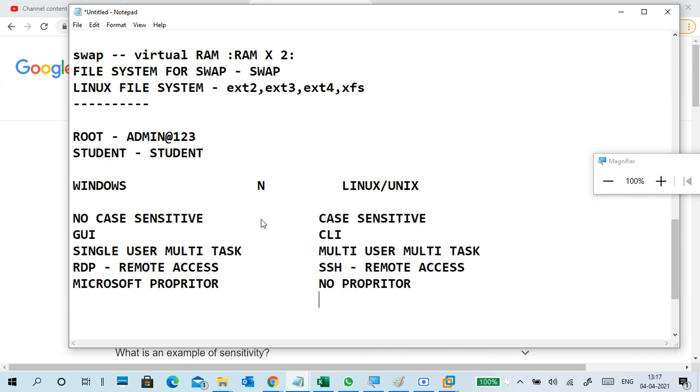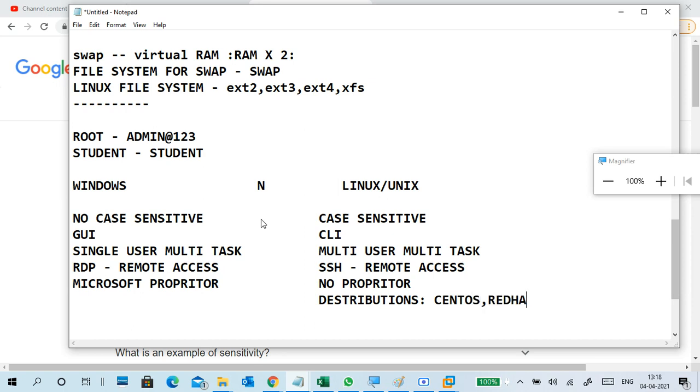And of course, Linux has different distributions. Like I'm using CentOS.